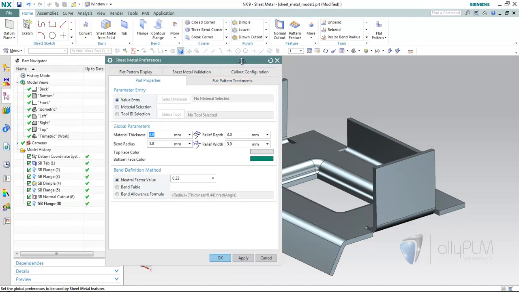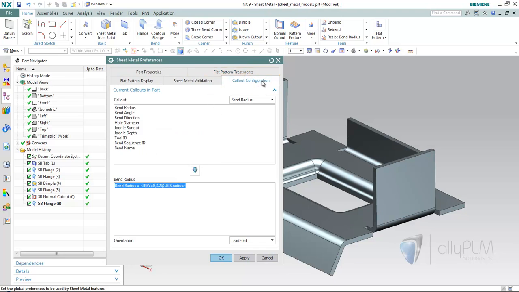Also notice here, what's new in NX9 is this callout configuration. So if I go into callout configuration, this is new. So I can actually pick one of those specific callouts. You see bend radius, here's bend radius, it has the code. Here's bend direction, here's the code for bend direction. If I look at that bend sequence ID, which is the only one I left on,